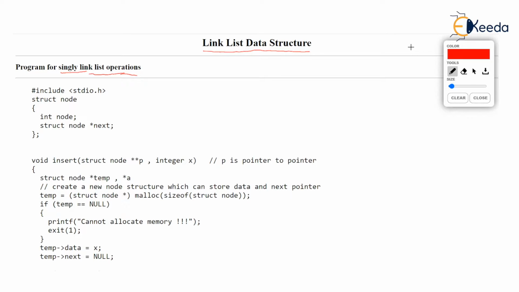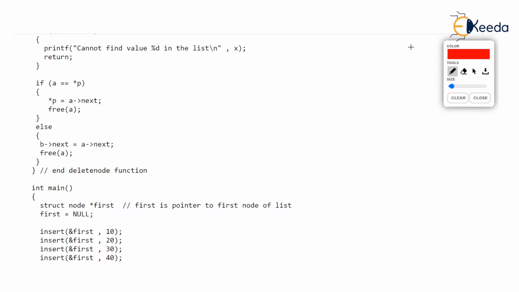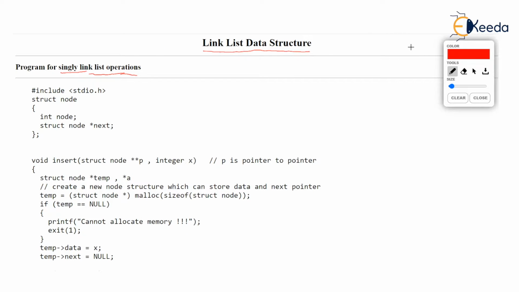Now, in the junior semesters, maybe in the third or fourth semesters, you have gone through all these programs on singly linked list and doubly linked list operations. Now, to tell you that this program is pretty lengthy, as you will see, it has a long list of code. But my appeal to all of you is, with immense patience and attention, you just go through each and every